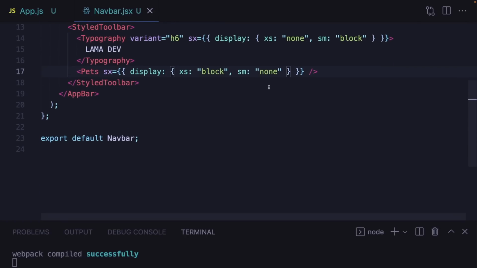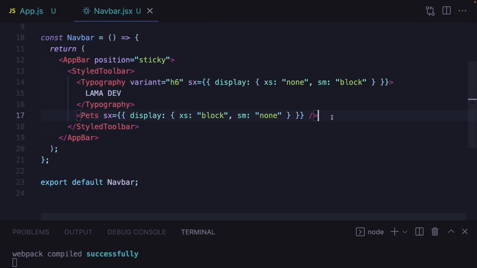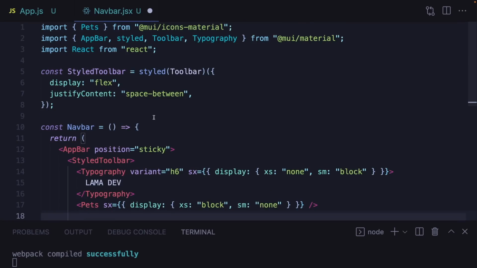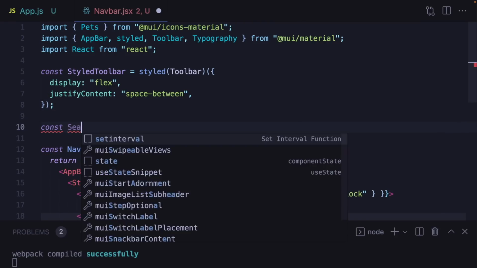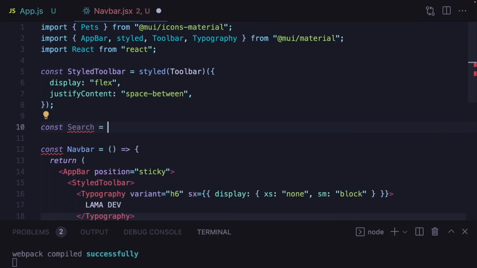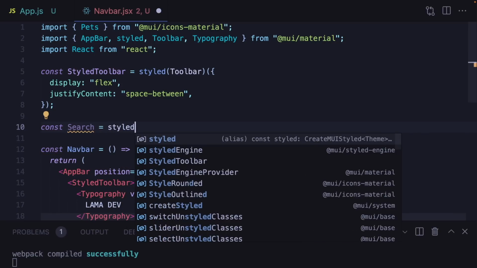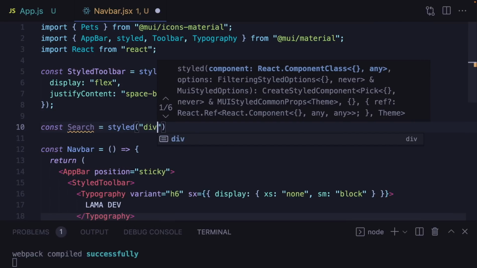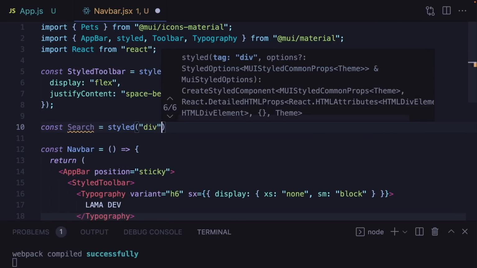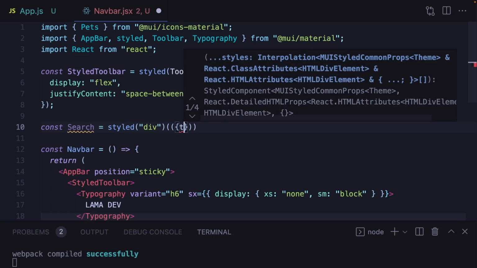So what else we are gonna need? We are gonna need a search bar. So let's use something different here, and I'm gonna show you how you can use HTML div. Const search bar or just search, and it's gonna be styled again, but inside you can use any div element like that. And here I'm gonna use my theme,